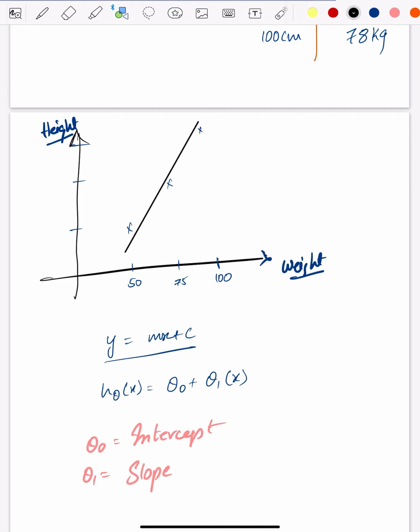This straight line equation, I hope we all know, is y is equal to mx plus c. So what you're gonna do is predict a straight line. Predict in the sense that you're gonna fit or draw a straight line which passes through all these points. And whenever we get a new data point, for instance, a weight of somewhere around 60 kgs, this equation says the height should be somewhere here. That's what we're trying to do. That's what linear regression is about.